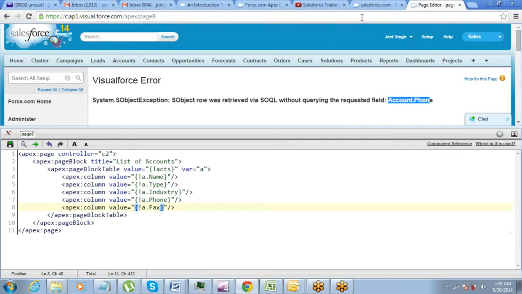Because the standard controller is already defined and all the fields are readily recognized by the Visualforce page. The standard controller is a set of logic already defined by Salesforce, and in that all the fields have been queried or whatever is required has been done, right?